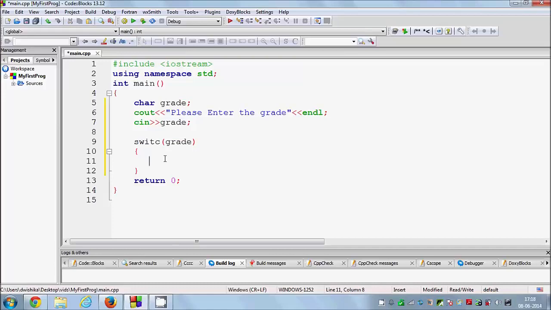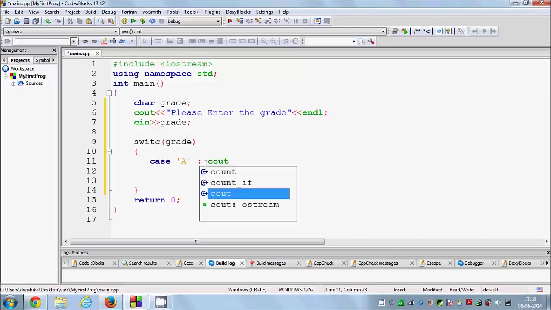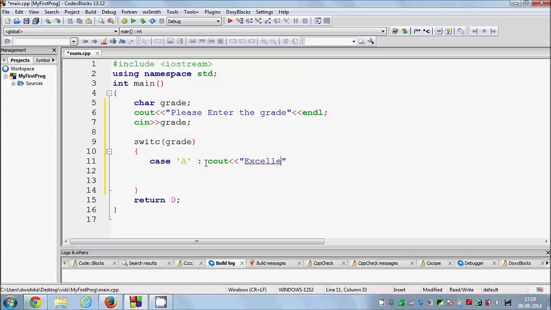So in here we write cases. So just write case, and because we are evaluating the character with grade, which is a character, and character we can write it like this, right? So if user enters character A, then just give this colon. This is not a semicolon but a colon, right? So remember this, and then you can output your message. See out, and you can say excellent. Okay, and end the line. And in the same way, on the basis of grade entered, you can define different cases,